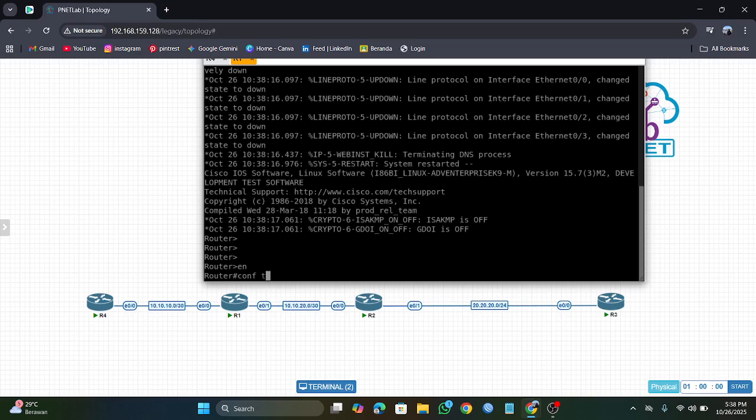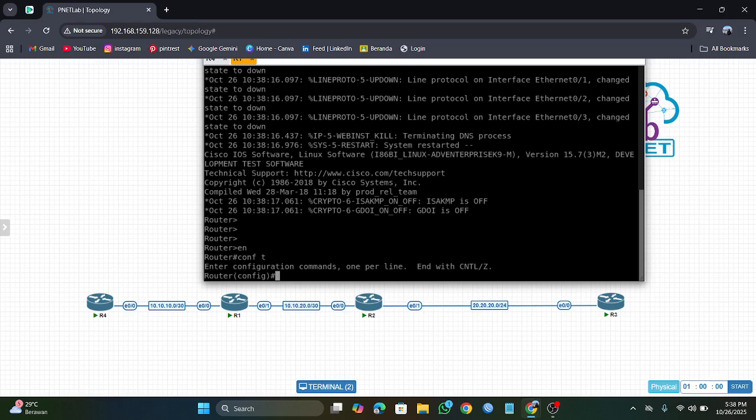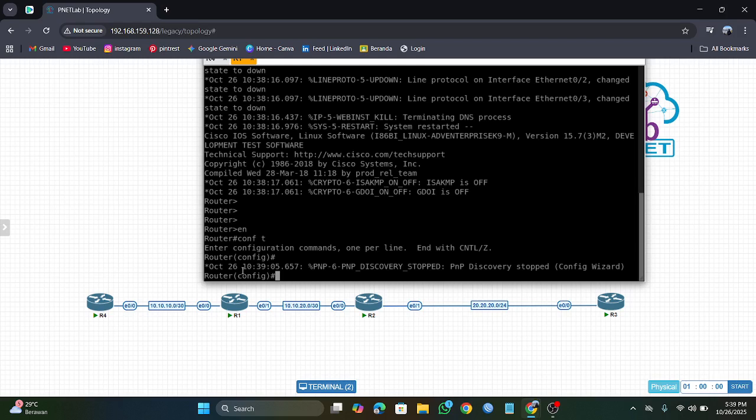This is the third level. You can rename a router. You can type hostname router one.